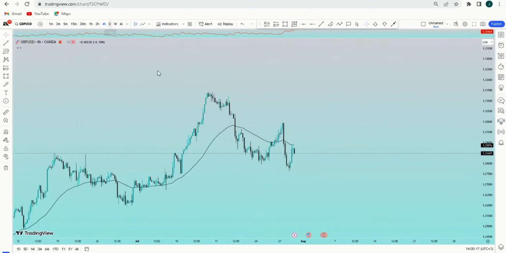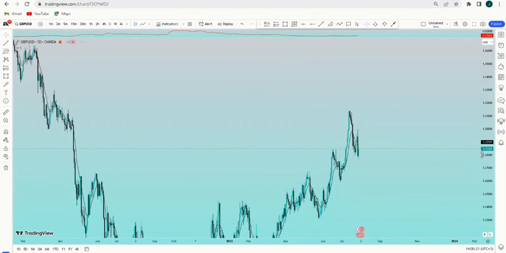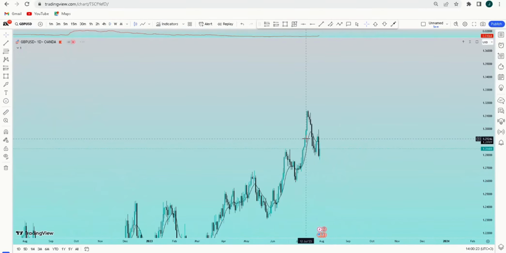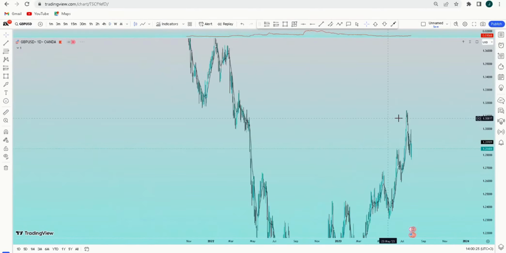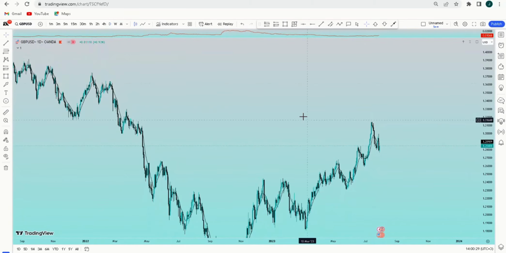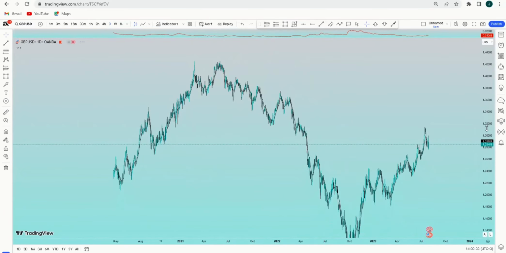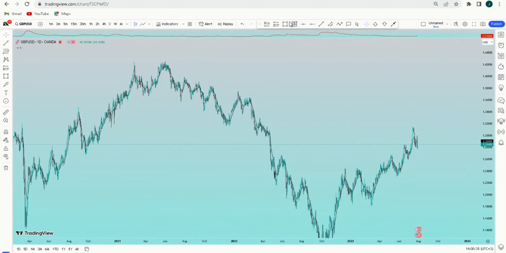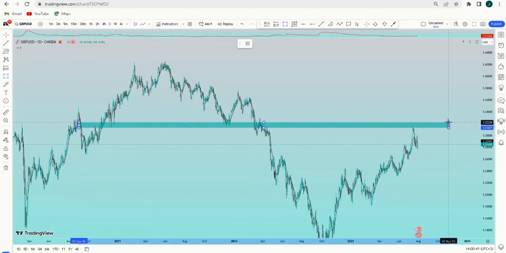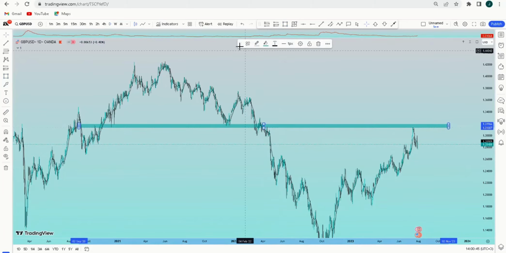So I start analyzing on the daily time frame. Don't forget that I analyze with my students, guys, and we take these trades together. The market has come above here, and I just got to know that this is a strong zone that it is trying to respect. When we zoom out completely, you can see that it gives us a very strong zone which was played around for almost a long time. So when this comes to be my resistance,